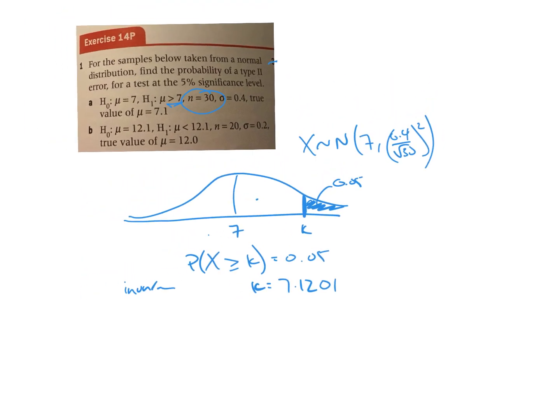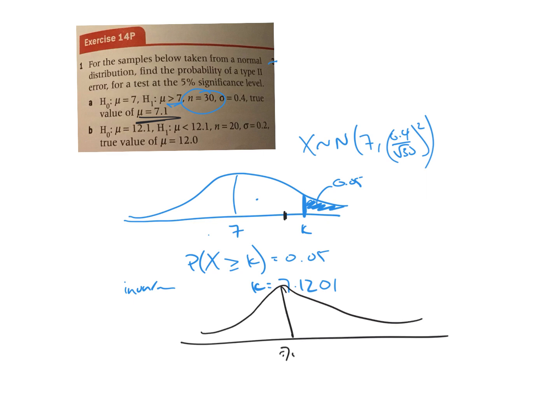Okay. Now the reason why I have that is because this value k is 7.12. However, what I know from this problem is that the true value is 7.1. So 7.1 is going to be approximately here. So if I draw a similar normal curve, where here's my 7.1, here's what is believed to be true, and if I take this critical region down,